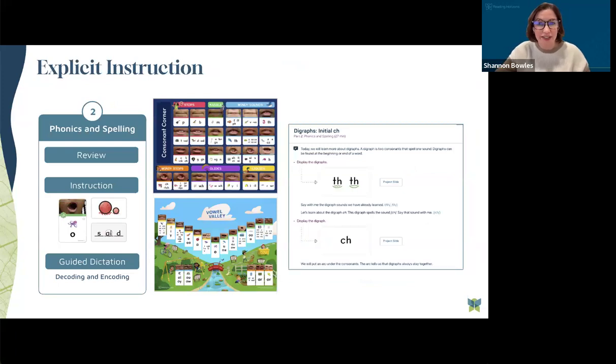In part two, this is the phonics and spelling bulk of the lesson, and this includes a review, new instruction connecting the sound to the spelling using a sound spelling wall, and explicitly teaches and models the new phonics skill for the day. There's explicit instruction of one most common word in each lesson. Following that explicit instruction, guided practice with dictation allows students to start applying the skill to both decoding and encoding